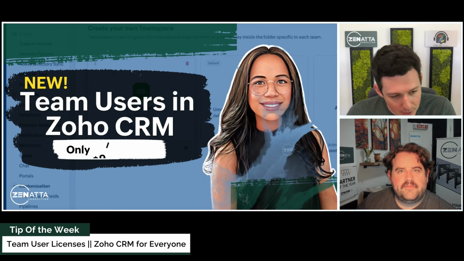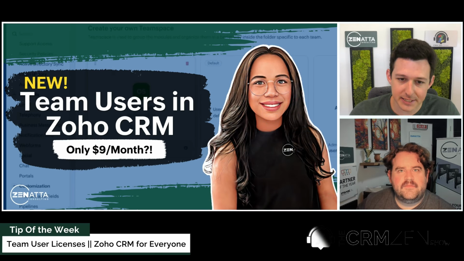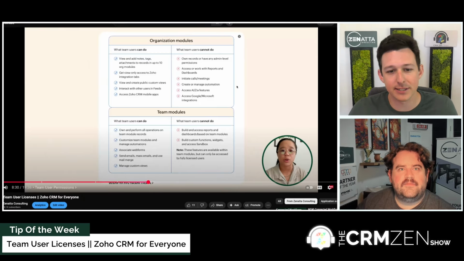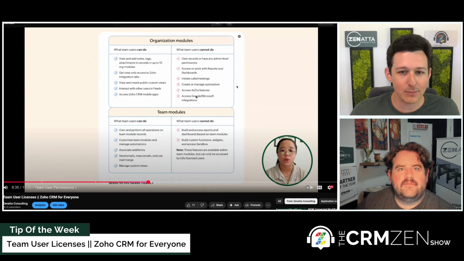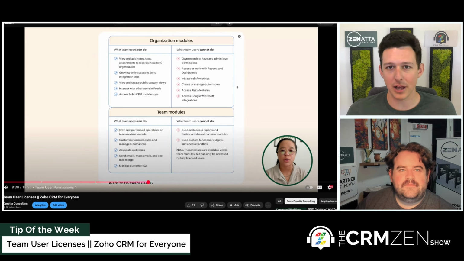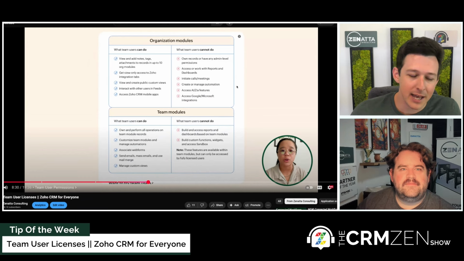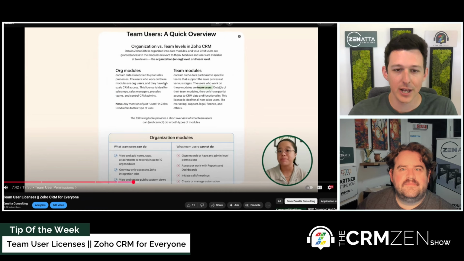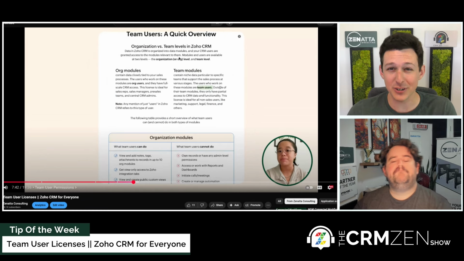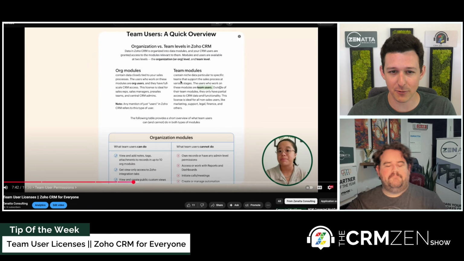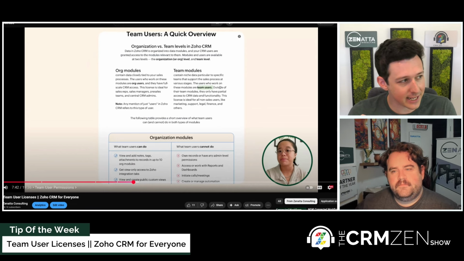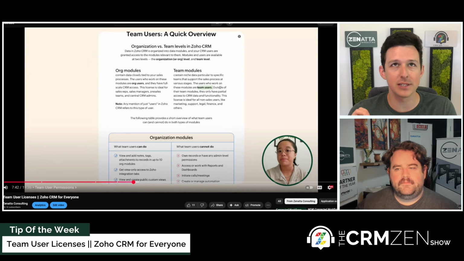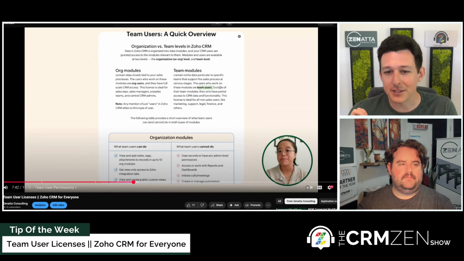Alrighty. So tip number 1 is from Maya on the team. She's on our kind of discovery and sales team. As she was scoping out helping a prospective client figure out what type of licensing was going to make sense, what apps they might need, she ran into some questions about team users. This is a new type of user that exists inside of CRM for Everyone. Now, my understanding is I don't think you can use these if you're on Zoho One,